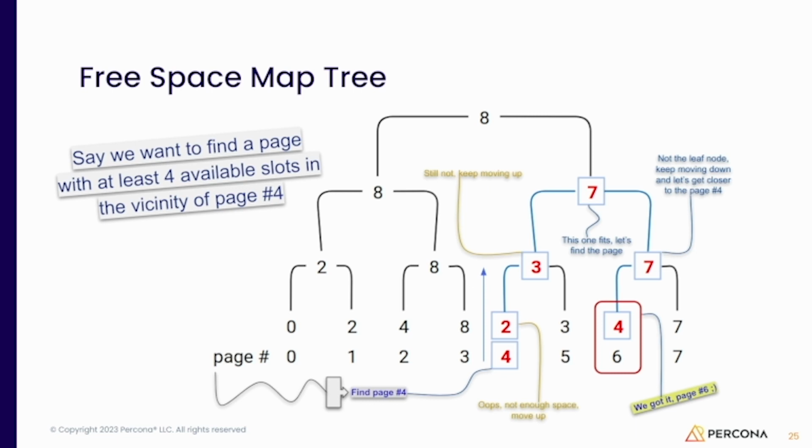It goes up to the 3. So the 3 here, this one only has 3. Doesn't fill. Go up. Well, we found one that has 7. And then it traversed the 3 down. We found this guy here that has 6. So we found them. We don't need to go to the data file. We can only traverse this tree here and find empty slots.